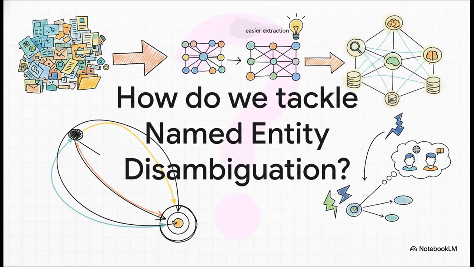So this project shows what is absolutely possible right now, transforming decades of messy archival knowledge into a highly queryable, analyzable intelligence network. But while LLMs make extraction easier, they don't solve everything perfectly out of the box. It leaves us with one massive, completely fascinating challenge. When a document mentions a really common name, how does the system definitively link it to the exact right concept in a global database? That is the complex world of named entity disambiguation, and it's exactly what we will be tackling next time.